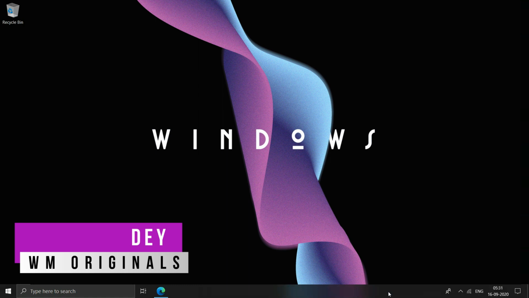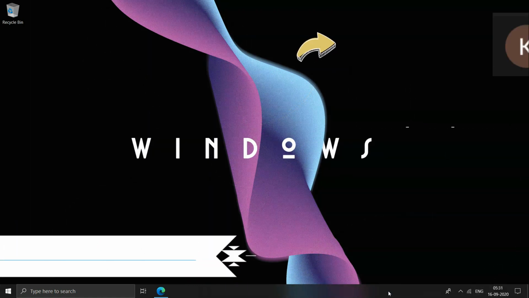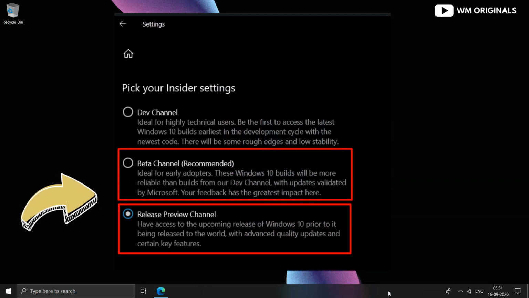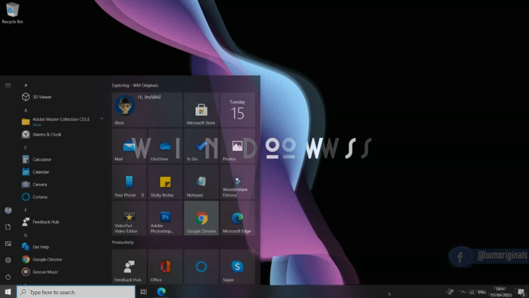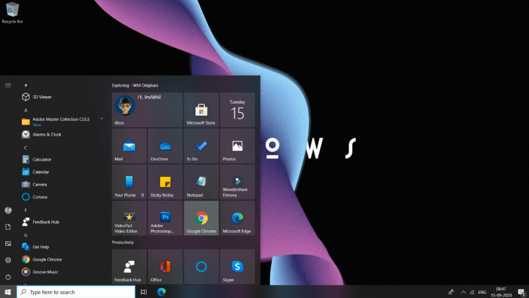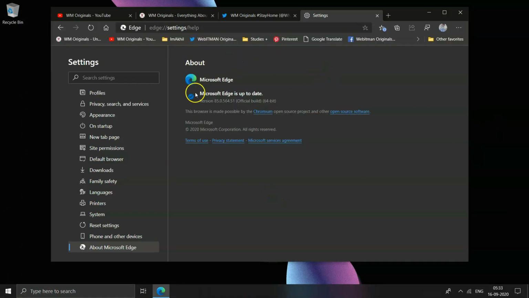Microsoft is already ready with the new update named Windows 10 20H2 update, which is already rolled out to Windows Insiders in beta and release preview channels. Today we will be having a look at the features and changes coming with the 20H2 update. It comes with a bunch of new features, especially to the Windows 10 UI and settings. It also introduces the all new Microsoft Edge based on Chromium. Yes, this update will be the first update that will include the new Microsoft Edge based on Chromium. I will come up with another video for a detailed overview of Microsoft Edge in the near future.